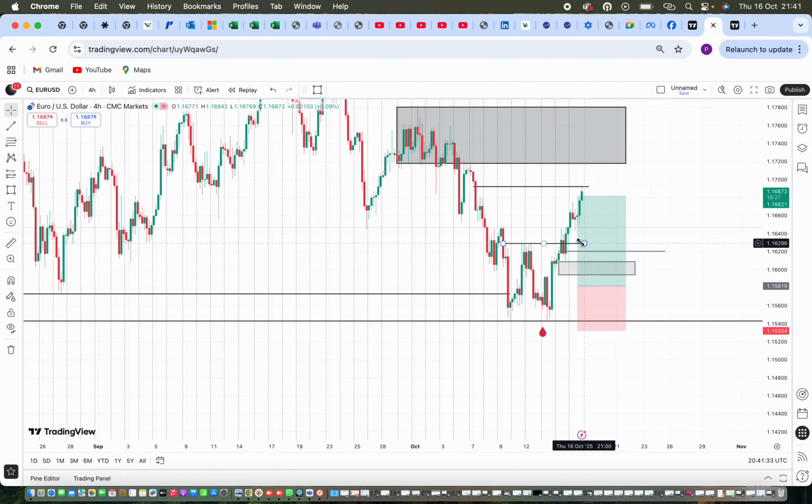Now notice here we broke structure here because we have price creating a lower low, lower high, lower low, lower high, and we have a double bottom here. All right, when I spotted this double bottom 2 days ago, I knew that we are going bullish with the way price closed, but I did not enter this trade because I wasn't sure. I wanted to wait for a confirmation entry.